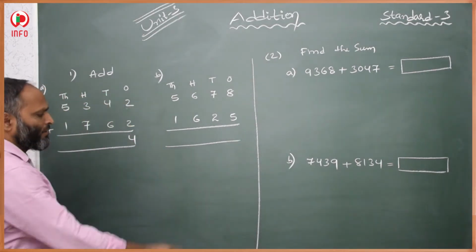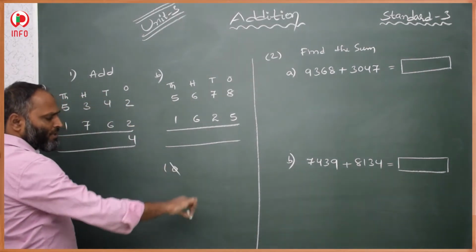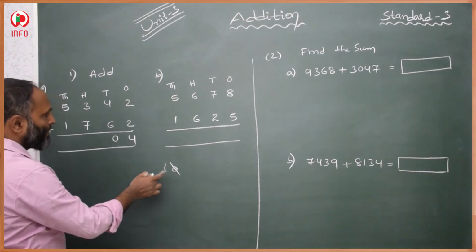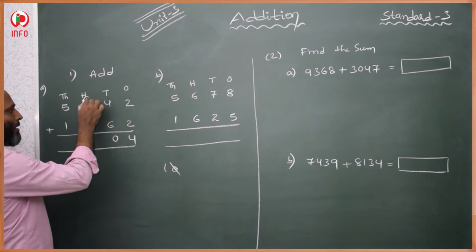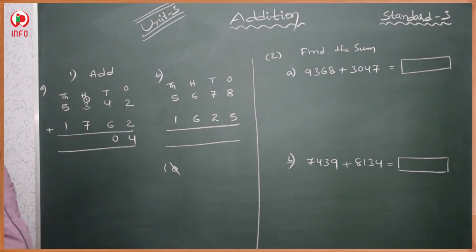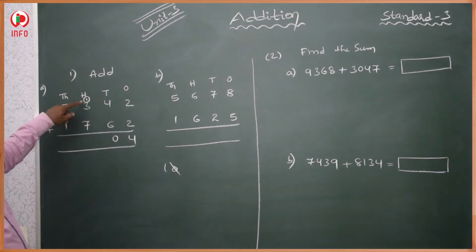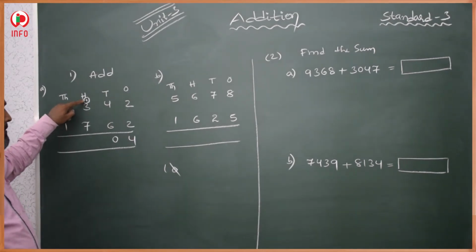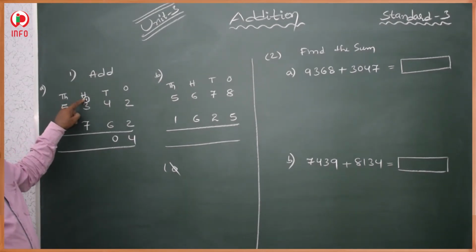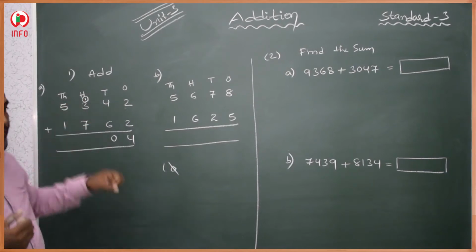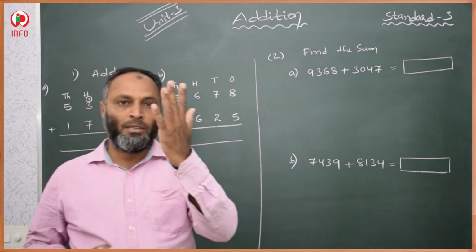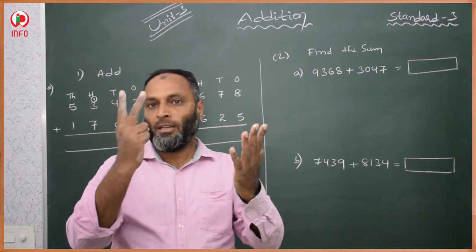How to take 10? This is the ones place, so we keep the 0 here, and this 1 we keep on top of 3, in the hundreds place. Then now we add 1, 3 and 7. 3 plus 1 is 4, 4 plus 7: 5, 6, 7, 8, 9, 10, 11, total